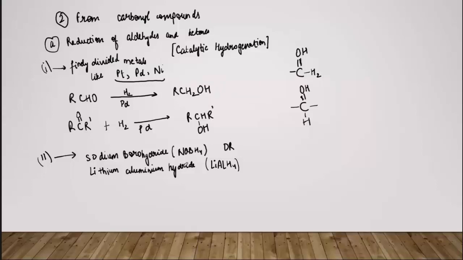ठीक है. These both compounds, they are the excellent reducing agents. ठीक है. हम क्या करवा रहे हैं, हम रिडक्शन ही तो करवा रहे हैं एल्डिहाइड्स और कीटोन्स का. ठीक है. So these are the excellent reducing agents, and in this case we don't need to use the hydrogen because वो खुद ही हाइड्रोजन प्रोवाइड करते हैं. So similarly in this case also the reactions will be similar. यहाँ पे भी हाइड्रोजनेशन ही हो रहा है, but only the reagents are different. ठीक है। तो ये चीज आप लोग याद रखना कि हमेशा जब भी NaBH4 और LiAlH4 किसी भी रिएजेंट के साथ यूज होंगे ना, they will always act as a reducing agent. ठीक है।